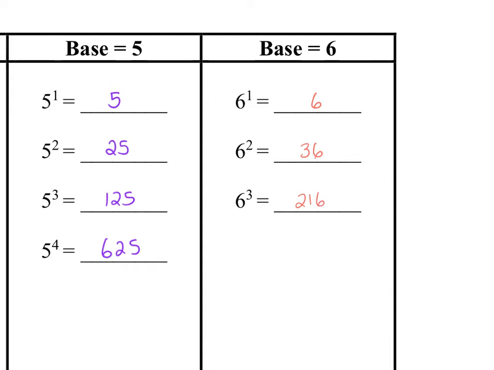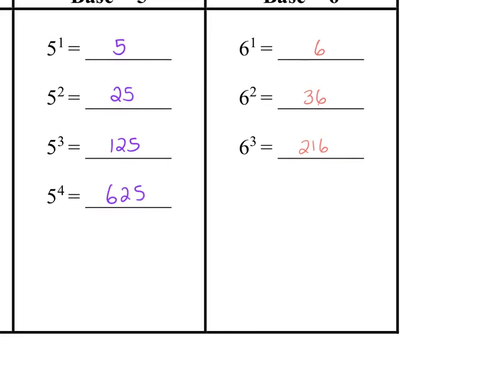Now, if you can't remember all of these things, you might just need to remember how to do some long multiplication. So if you can't remember what 6 to the 3 is, but you remember what 6 to the 2 is, you should all at least be able to do an exponent of 2. So if you know that 6 to the 2 is 36, to get 6 to the 3, you just multiply